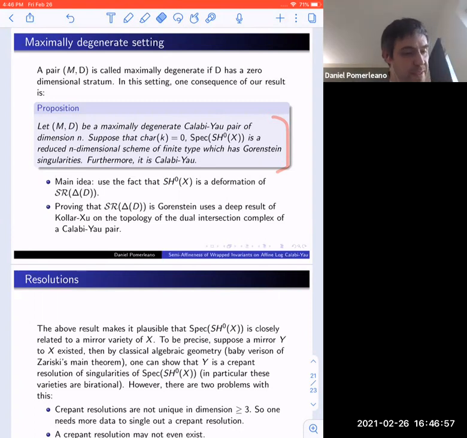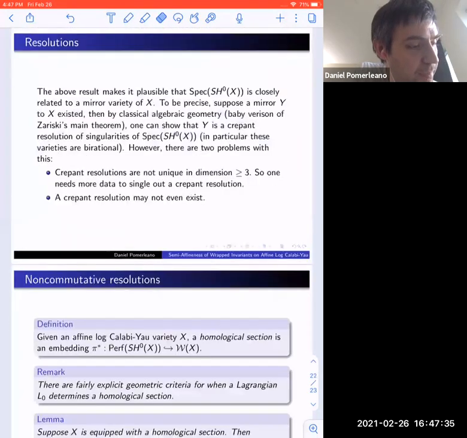So, and this is of course basically the idea of Gross and Siebert's, well, I guess originally Gross-Hacking-Keel and Gross, and then Gross-Siebert, of their intrinsic mirror symmetry: the spectrum of their intrinsic ring should be kind of a singular mirror to X. And so, using that they're conjecturally isomorphic, the same thing applies to symplectic cohomology. So, it's plausible that the